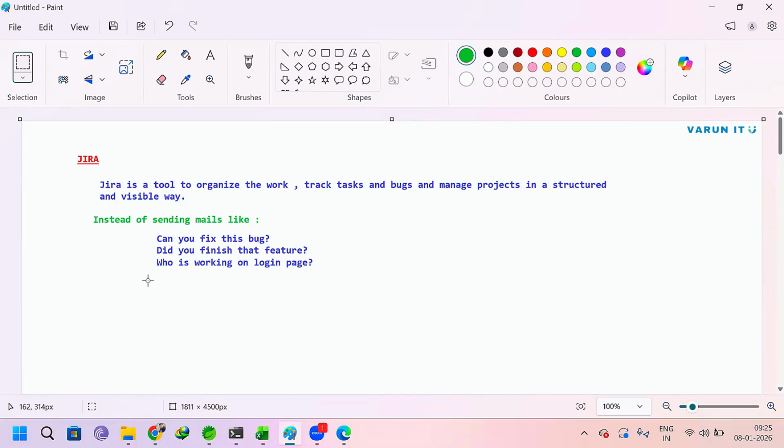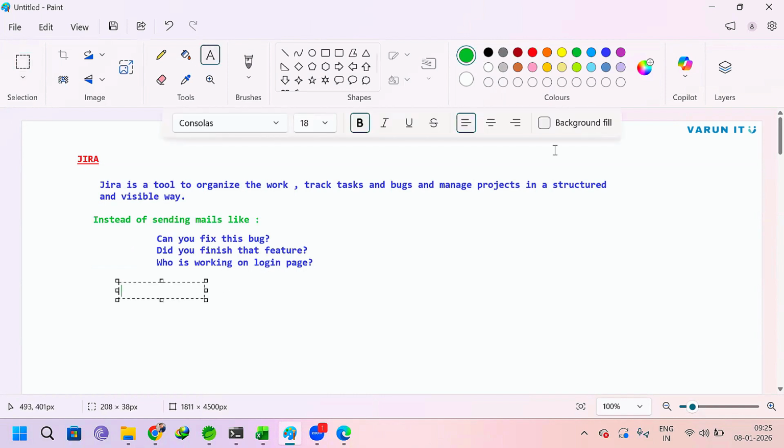But can you say this is the right process? How many emails can you send every day like that? If you have a small doubt, again a mail, again one mail and mail. So rather than sending mail, you keep everything in Jira